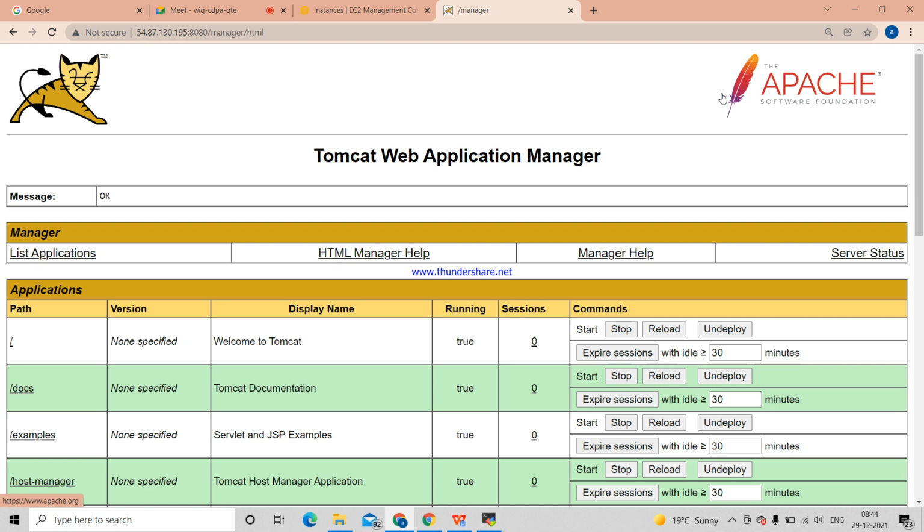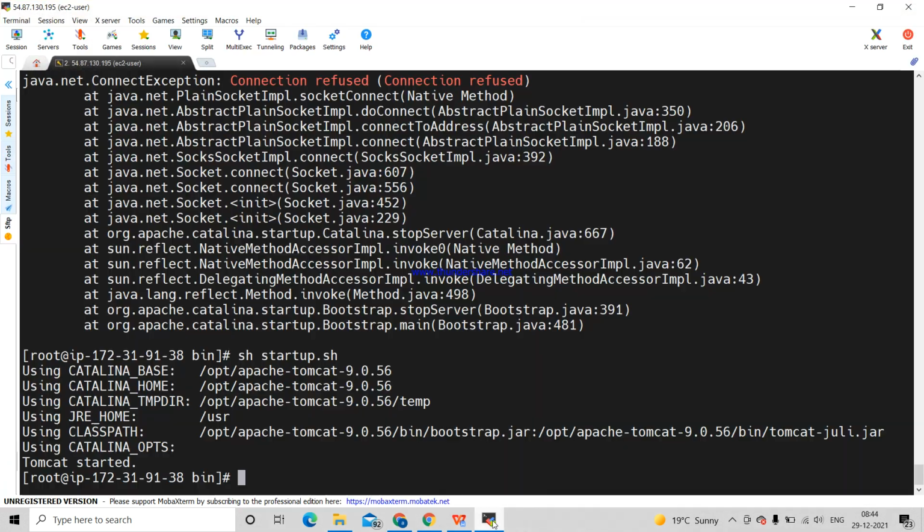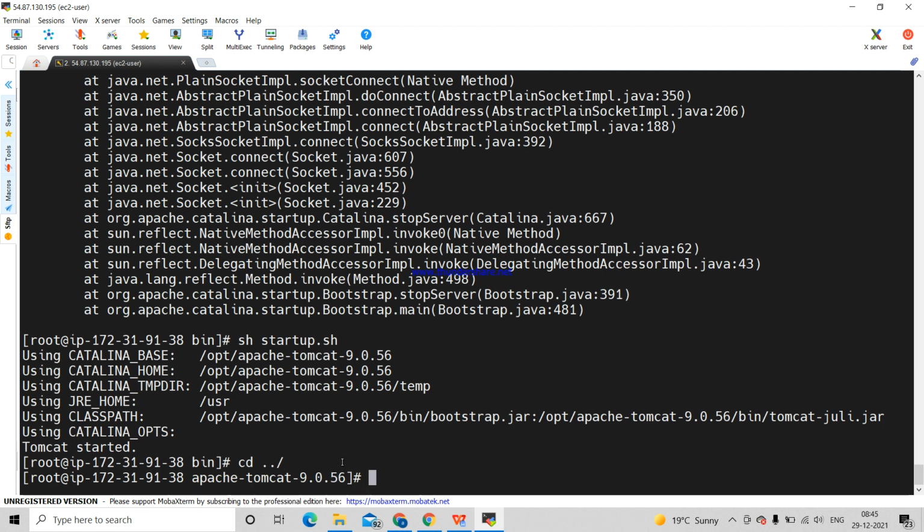Okay then. So once it is completed, every time I am using 8080. 8080 is our default port. And similarly guys, you can change port numbers also. So if you want to change any port, you should go back to Apache Tomcat